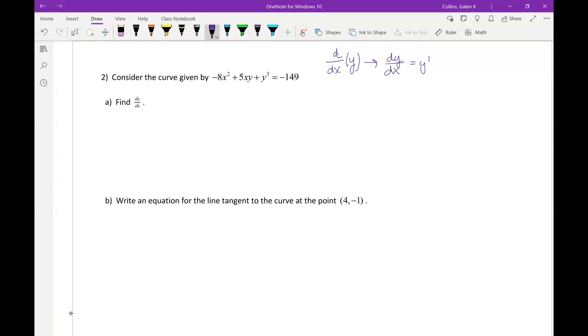All right, so I know this is an implicit differentiation problem because I cannot isolate y. I have a cubic y term, so I won't be able to isolate y. So I'm just going to start by taking the derivative of the left and right hand side of the equation with respect to x. So using the power rule, when I get to 5xy, I'm now using the product rule